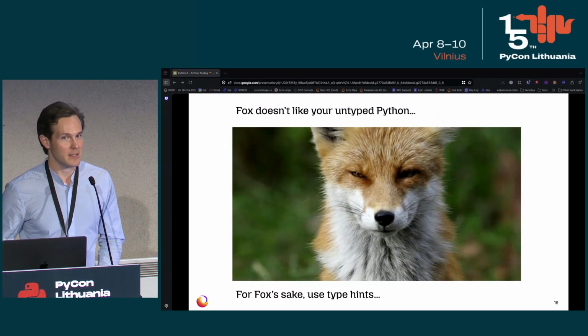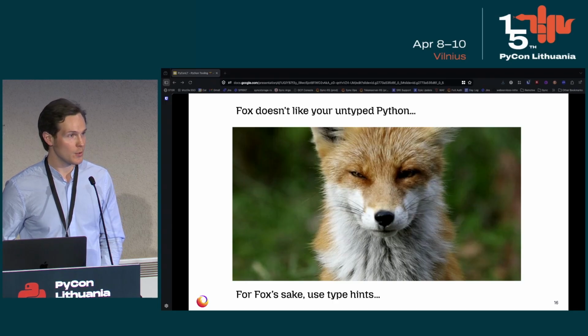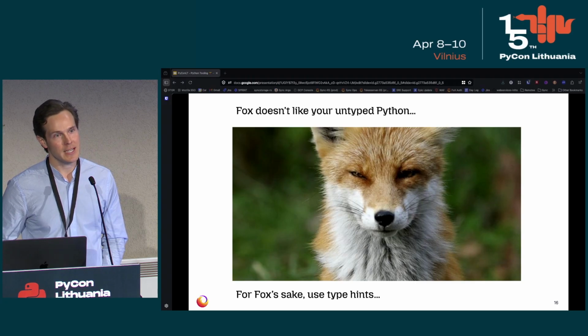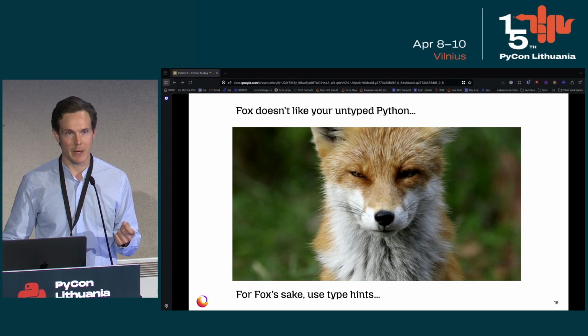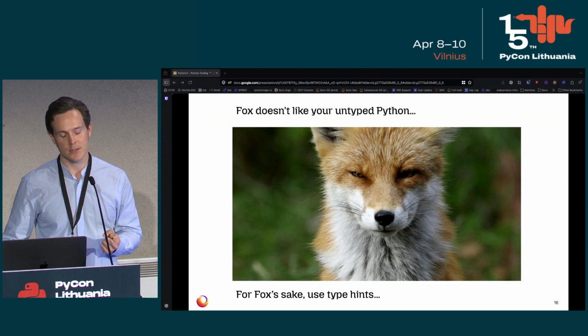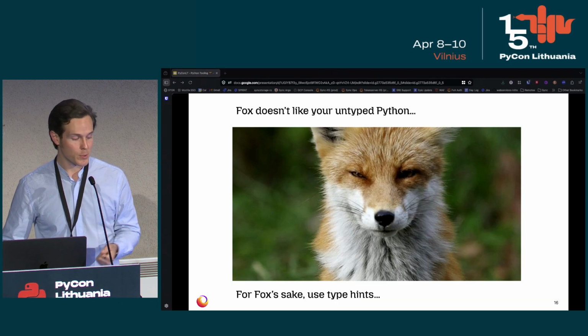So yes, my pet peeve: for Fox's sake, use type hints, please. And again, this is my Rust developer speaking, but you basically self-document your code when you have type-supported Python. It gives you a little bit of additional flexibility and an ability to understand the code better. I've certainly gone back and forth when we've added type hints to a lot of our code, and I've noticed distinctly how much longer it takes me to understand Python code that is untyped, especially when you're used to a language like Rust, where you know specifically what your inputs and outputs are.